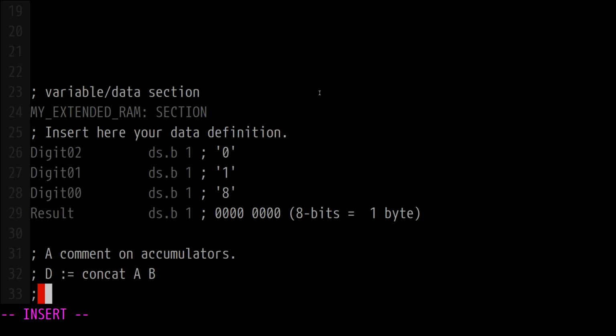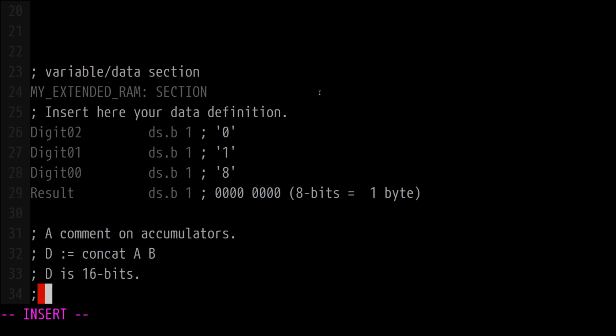So the way you should think about this is, D is 16 bits. That means you got, and then you got, which in total brings you 8 plus 8, which is 16. So this side is B and this side is A. So right off the bat, you can tell that A is the left and B is the right, which is